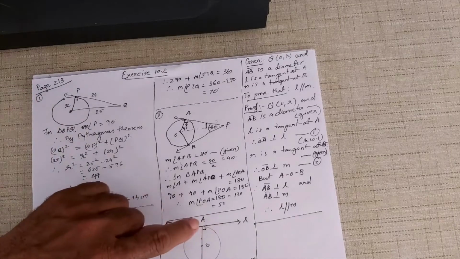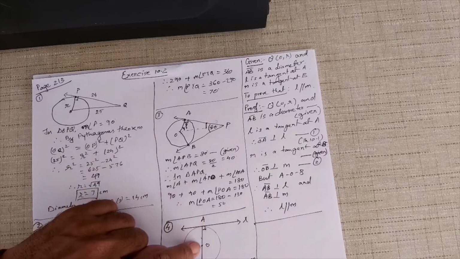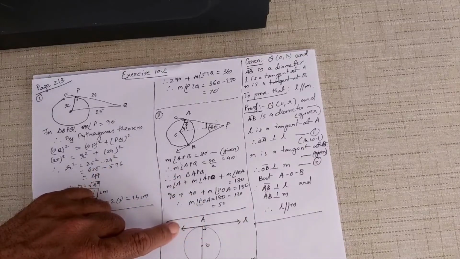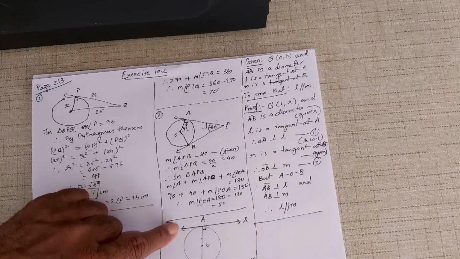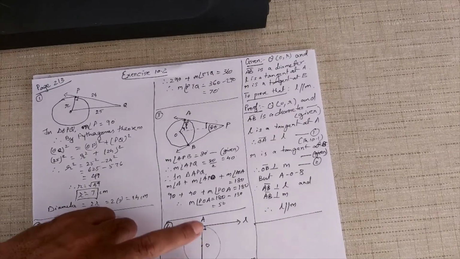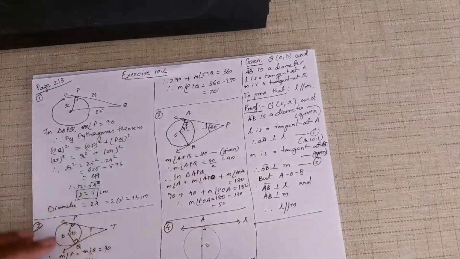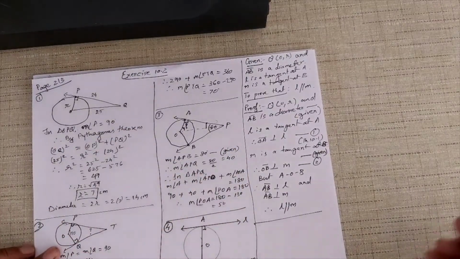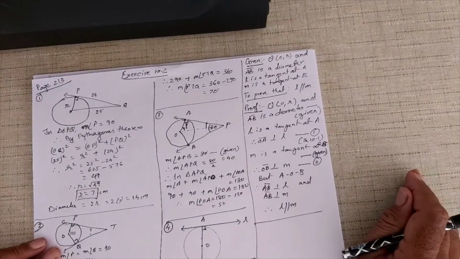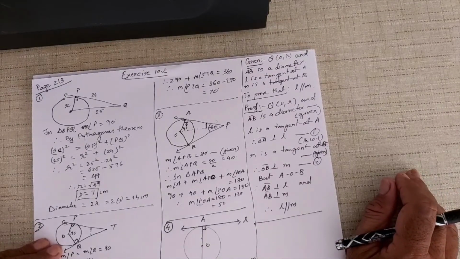Okay, L is a tangent at A. Therefore, the radius through the point of contact, OA, is perpendicular to L according to theorem 10.1. OB is perpendicular to M according to theorem 10.1. So AB is perpendicular to L and AB is also perpendicular to M. If you combine both facts, L is parallel to M. A very simple fact.